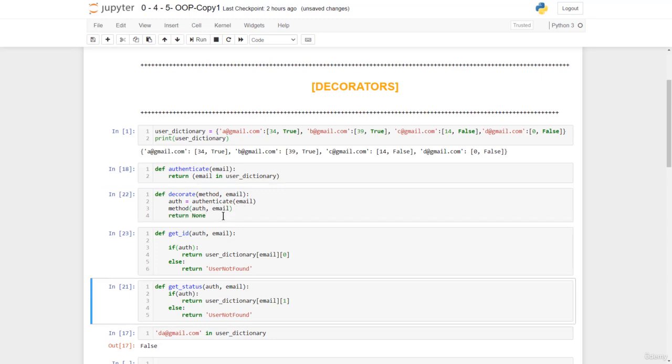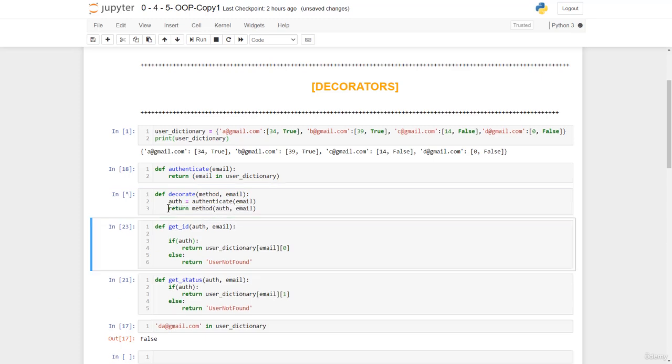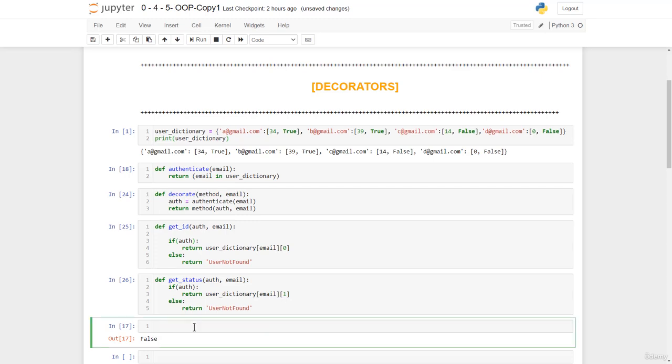Or we just return, we could return method actually. So here we could return method auth email. Let's take this off. We need to get the output of the particular method. We have decorate of say get ID, and now get ID takes in the auth and then the email. But then as you could see from this,